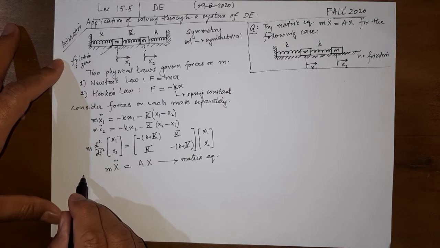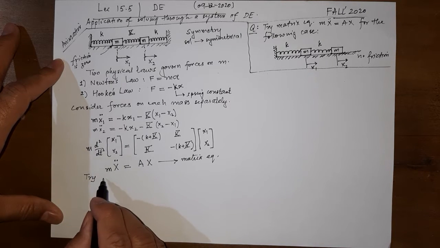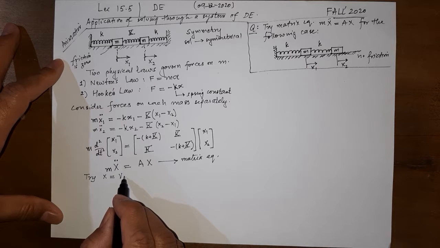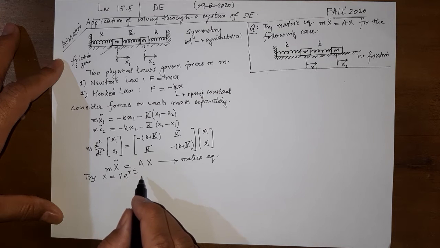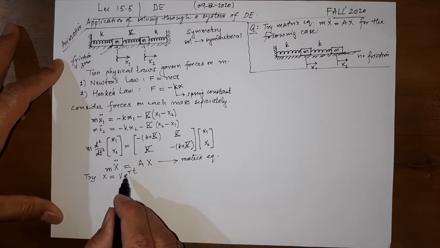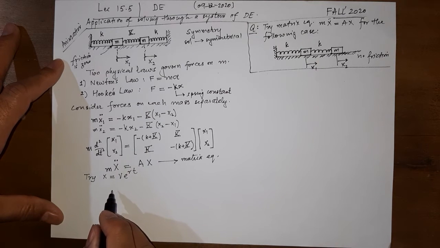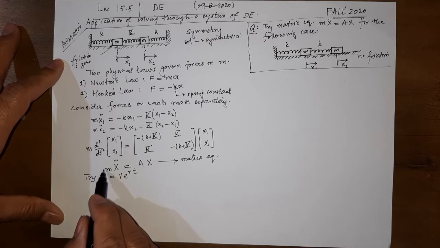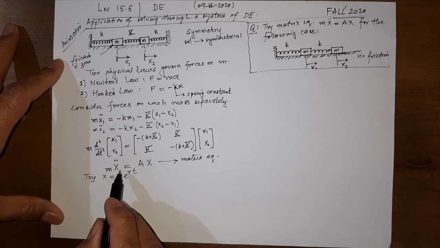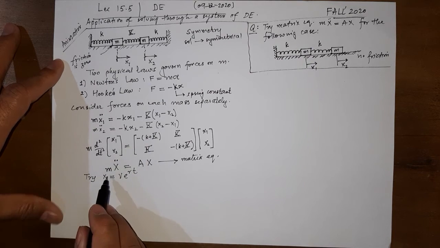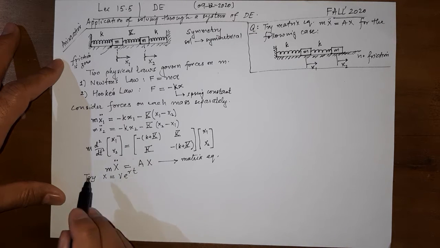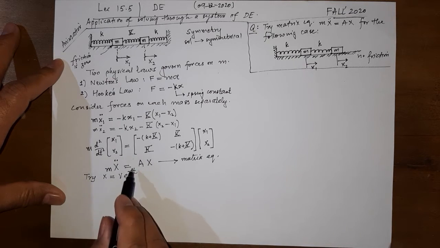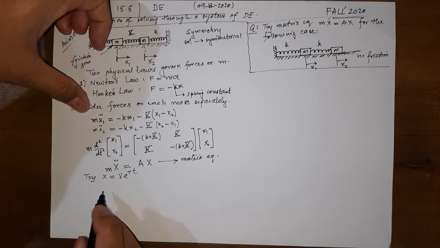So here is how we used to solve these. Try the vector x to be an eigenvector v times e raised to the power rt. Instead of lambda, I'm taking r, because soon you will see the reason: because of this m, this problem is a little different from the problem x dot equals Ax. I want to call lambda the eigenvalue of an equation that we will encounter soon, and r the part of this solution. Okay, let us try this.